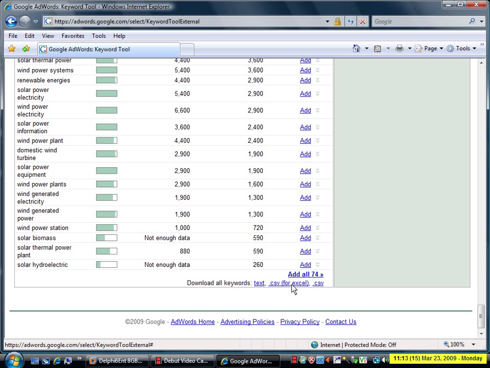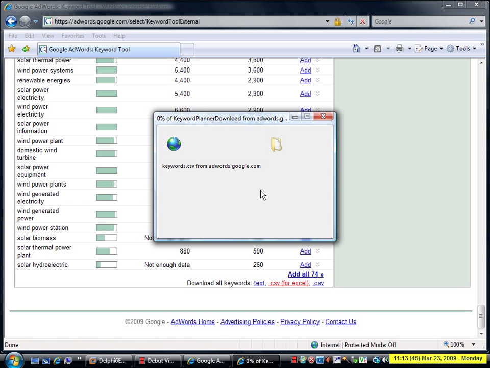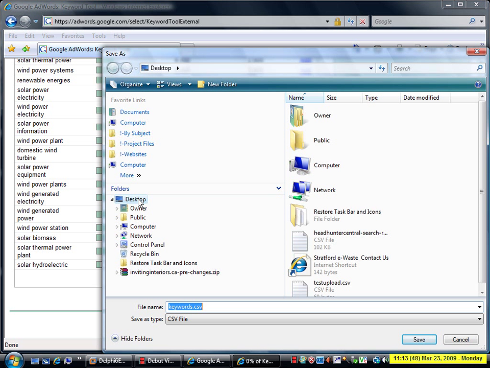OpenOffice, if you go to openoffice.org, is a Microsoft compatible free Office application, and you can use that to deal with your CSV files. In fact, the CSV import in OpenOffice is far more powerful and flexible than the one that is built into Excel. So if we click on this link, for example, and click Save,